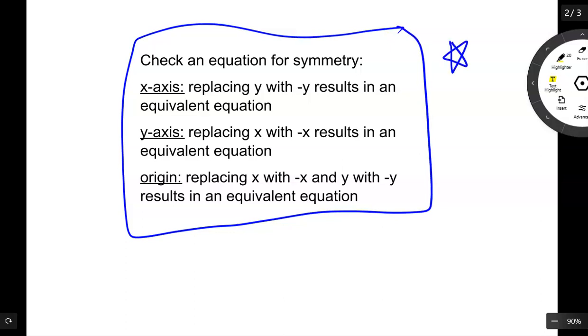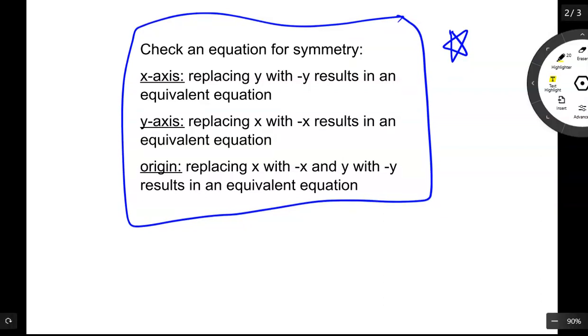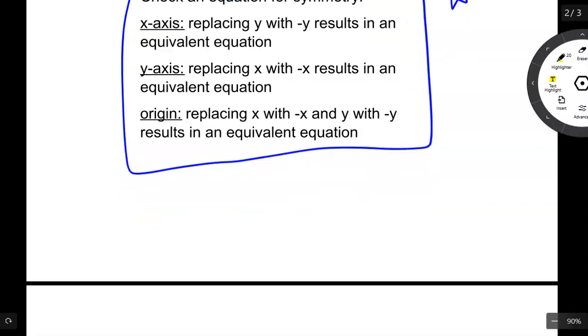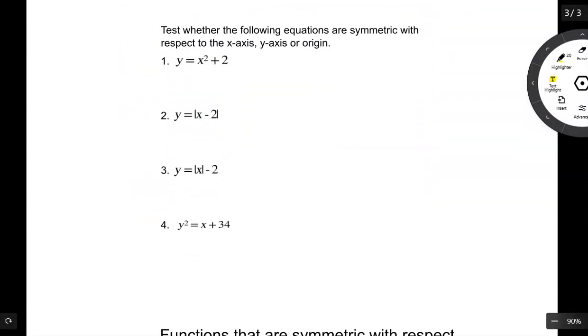This is basically how we're going to check for symmetry whenever we're given an equation and ask, is this graph symmetrical? Is it symmetrical with respect to x, y axis, or the origin? So with that in mind, you're going to have your notes, hopefully you printed this out. You might just keep this handy as we go through the examples that are at the top of the next page. So it says, test whether the following equations are symmetric with respect to x, y, or the origin. So we're going to use that